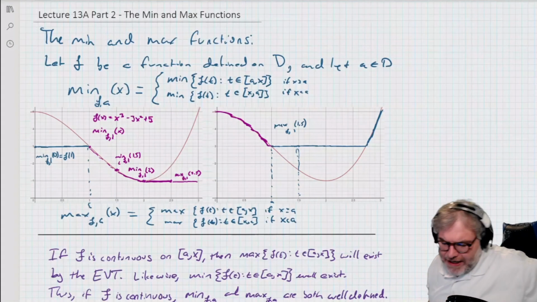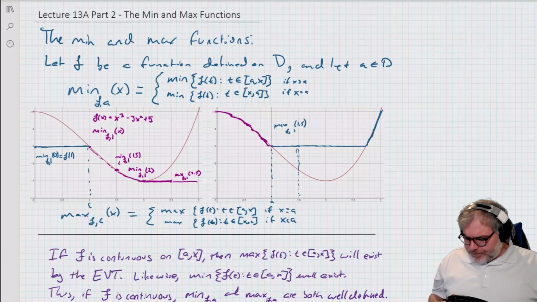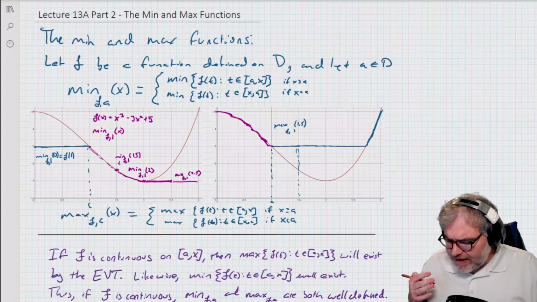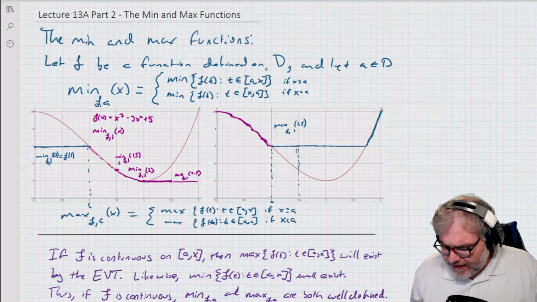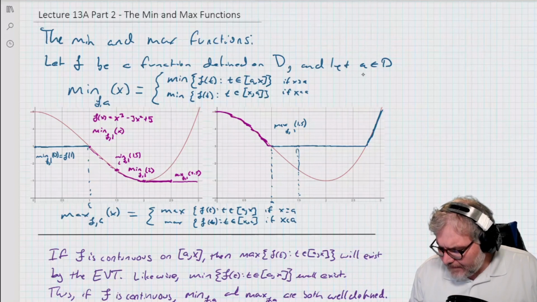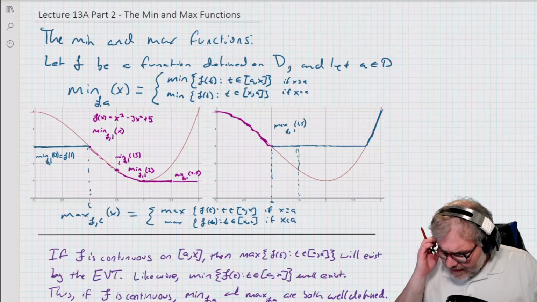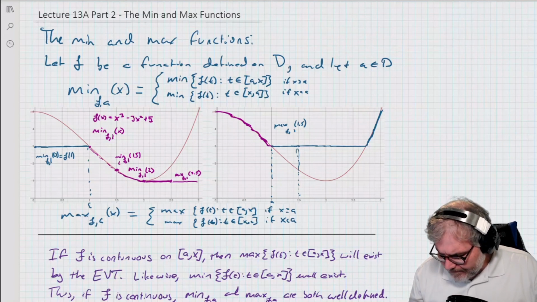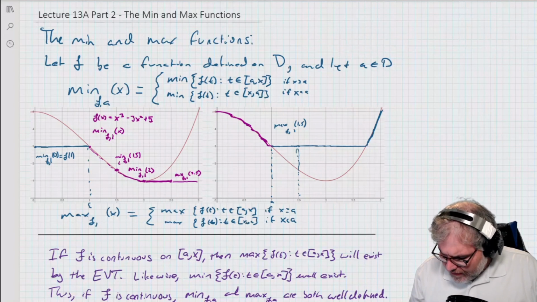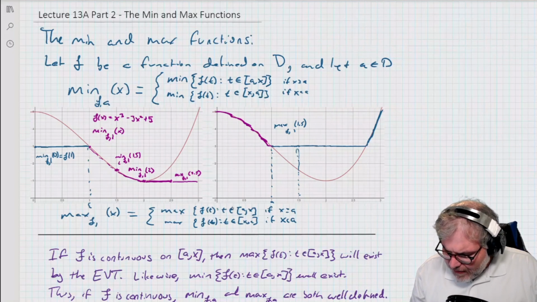So here's how it's defined. The max function: if I've got a function defined on D, and this interval D, which is D for domain, and let A be some number, some base point, then I'm going to define the function max, f_A of x, with A as the base point, as follows. If x is greater than or equal to A, I'm just going to take the maximum of the function. The maximum at x is going to be the maximum value